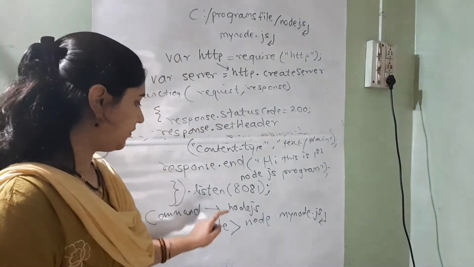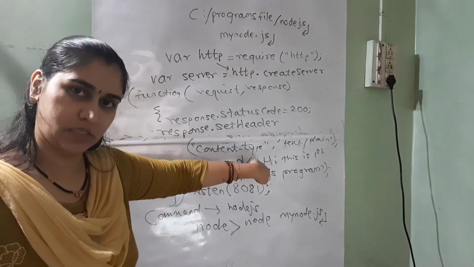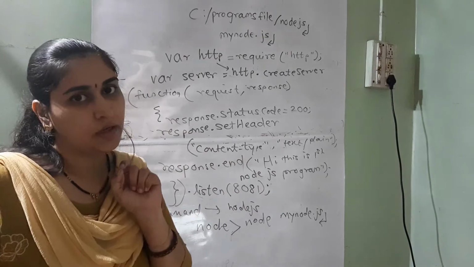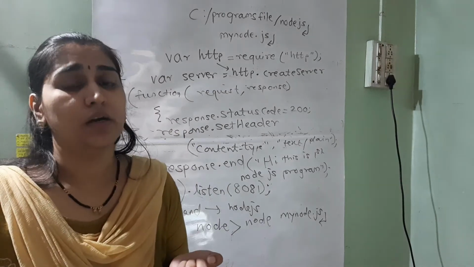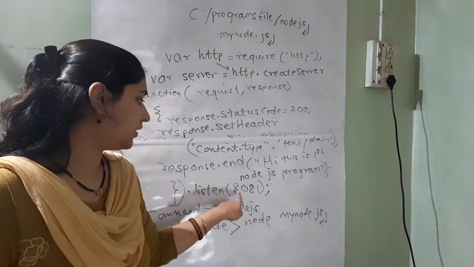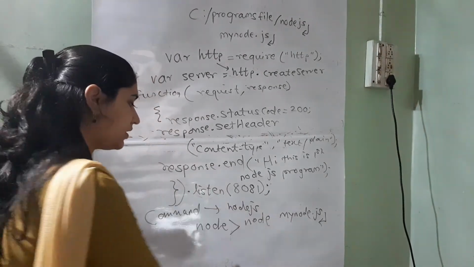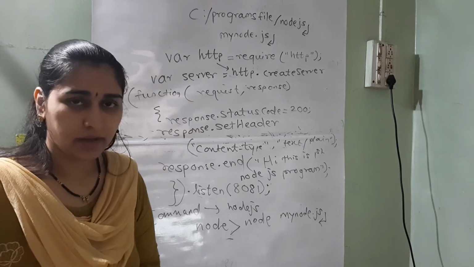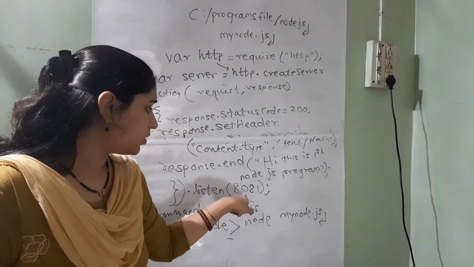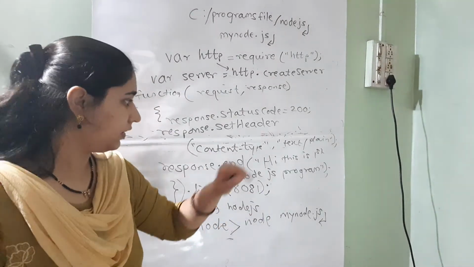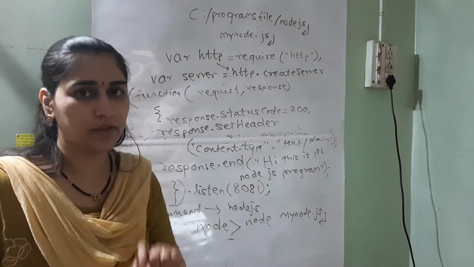Now what happens? It will just display the output. Suppose here it won't display this message, because it is not part of the command prompt. Response is part of the server, which is given by the server to the browser. So I have to open this URL. When I run this, it will give me a blank cursor over here. I have to minimize that and open Mozilla Firefox. I have to give the localhost 8081 path, and then this output would be there: hi, this is first Node.js program.